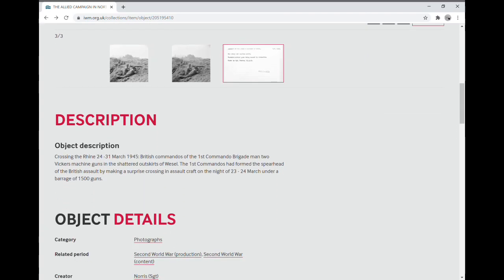The description that the Imperial War Museum give is down here. So crossing the Rhine, 24th to 31st of March 1945, British commandos of the 1st Commando Brigade manned 2 Vickers machine guns in the shattered outskirts of Wesel. The 1st Commandos, so not really probably the right term, but the 1st Commandos had formed the spearhead of the British assault by making a surprise crossing in assault craft on the night of 23rd, 24th March under a barrage